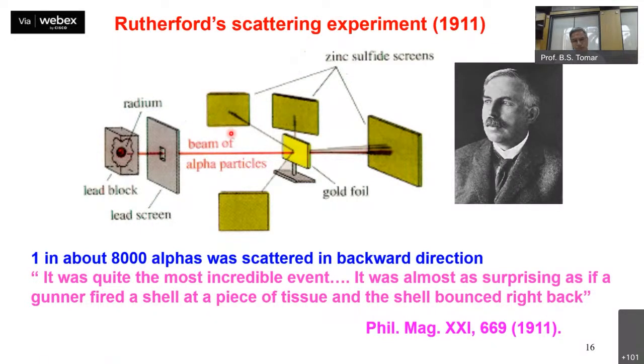But then he believed his data and came to the conclusion that the mass of the atom is confined in a very small volume at the center of the atom. That is what is called the nucleus. So it is an incredible event, which we may not have expected, but when he got it, he gave the interpretation, and Rutherford's backscattering became a household name. Now, in nuclear physics, Rutherford backscattering is utilized even in material science for ion beam analysis and so on. That is the kind of evidence you have to bring out a new theory or new model.